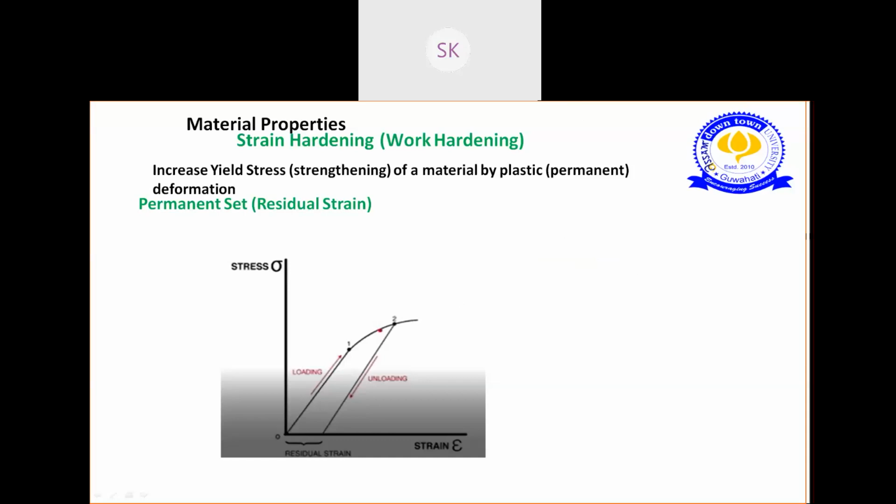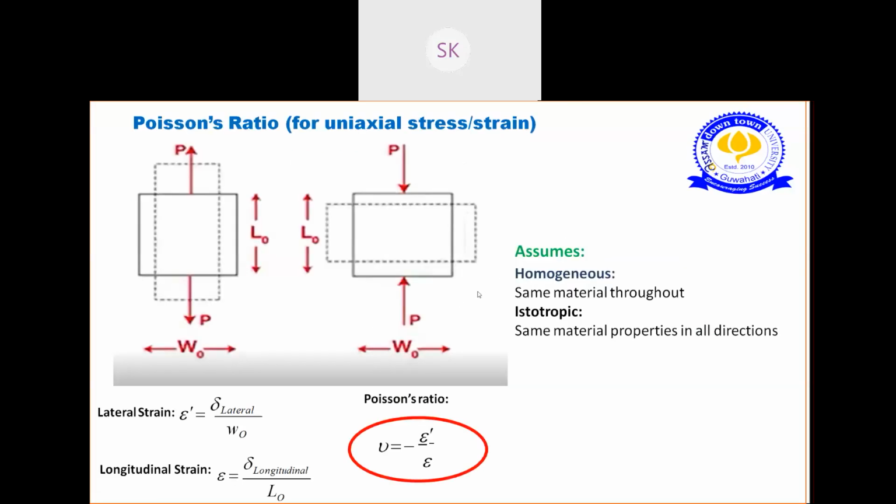Then let's define and calculate Poisson's ratio. Basically Poisson's ratio is for uniaxial loading. We are seeing the Poisson's ratio for uniaxial stress and strain. So what actually happens when we pull the body? Earlier the dimension of the body was like this. When we stretched it out, your body became